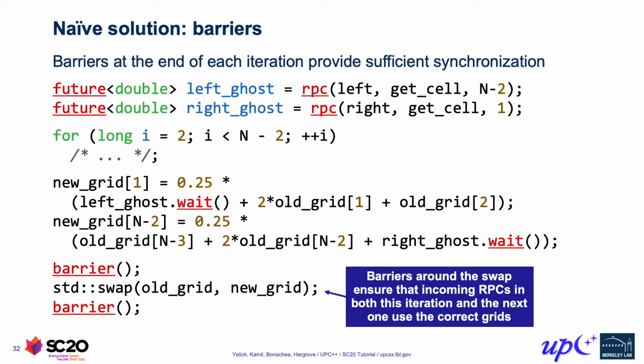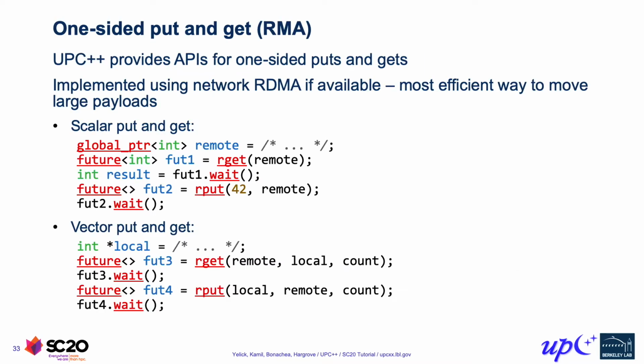So what we illustrated here was RPC and also asynchronous communication, how to overlap communication and computation, and what a future represents. RPC is one of the two fundamental communication operations in UPC++, and again, we use it to move computation to the actual data. The other fundamental communication operation is one-sided put and get, and this is where we get the PGAS model for UPC++. UPC++ provides APIs for one-sided puts and gets, and then the implementation uses the fastest available network protocol.